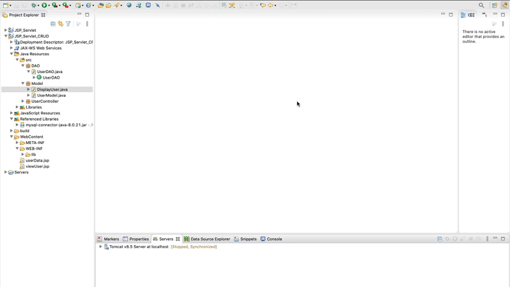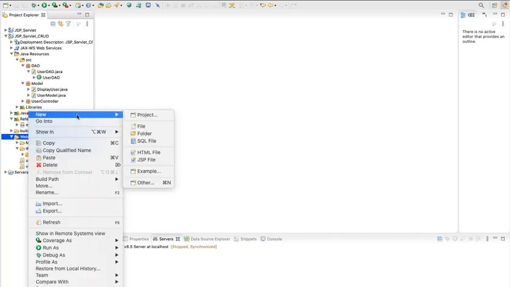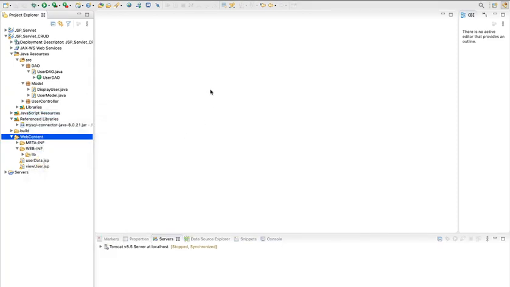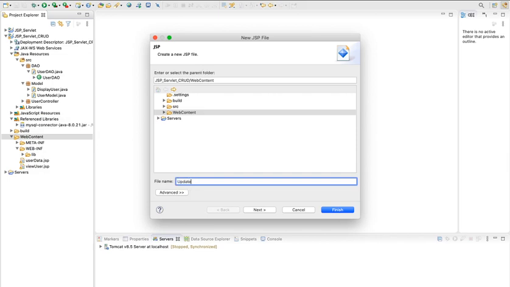So we will create a form where user can write the data they have to update, and then we'll get that data, update it in the database and display it back. We will follow the MVC architecture, model view controller architecture, to do this. So first I have to create a JSP file where I have to update data. So I'll say updateuser.jsp,